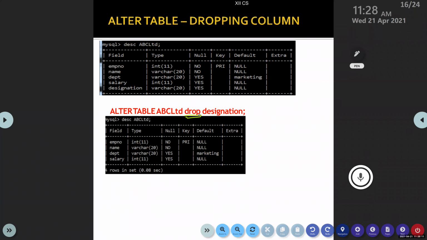You should not specify the data type, only the column name. But when you add a column, you need to specify the data type. When you delete a column, you should not. Alter table, table name, drop, the column name.